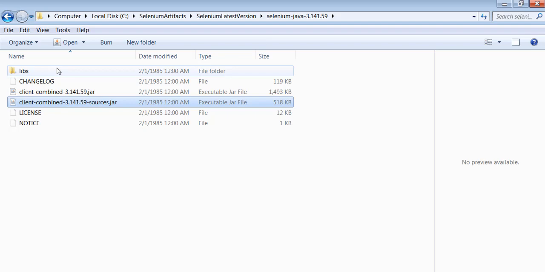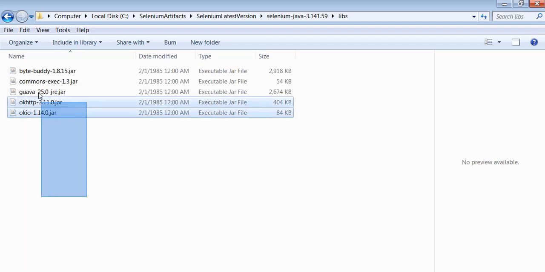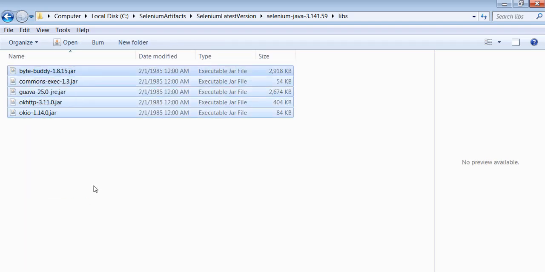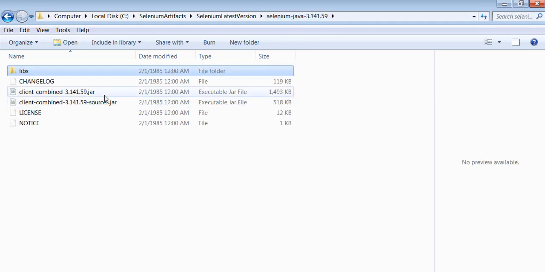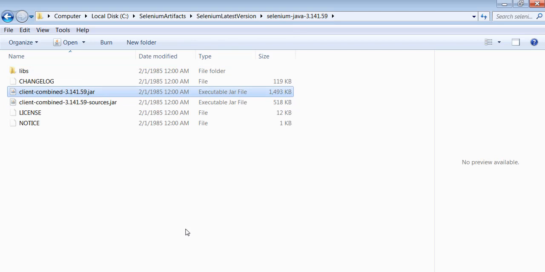And also there is a lib folder. Under the lib folder, you will see multiple jar files are available. Just try to count these jar files: 1, 2, 3, 4, 5, then 6. Totally 6 jar files are required for us to add to the Java project.